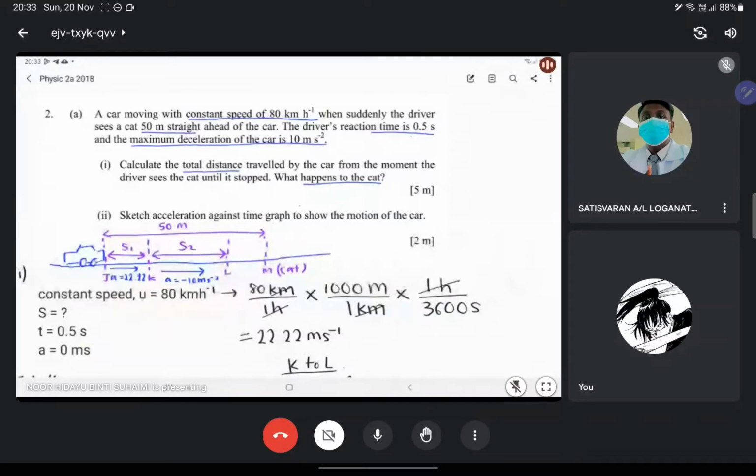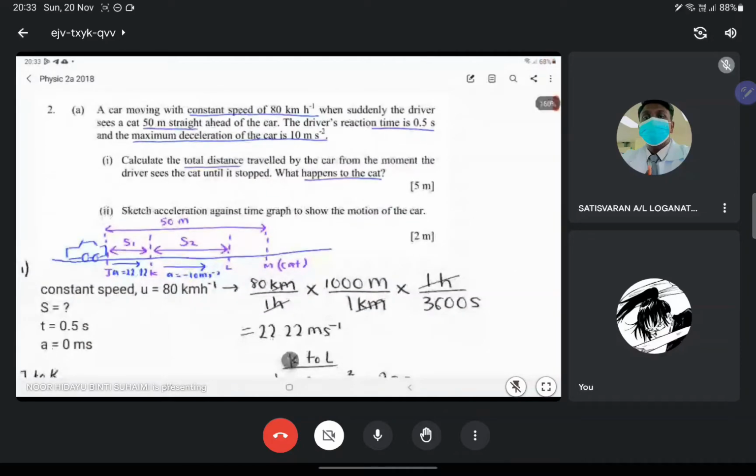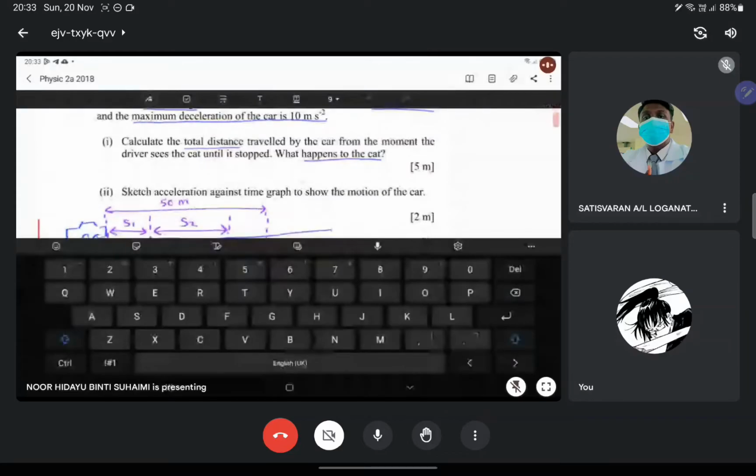Okay, first soalan fizik 2018 PSPM. First kita tengok soalan 2A. Okay. So soalan 2A,